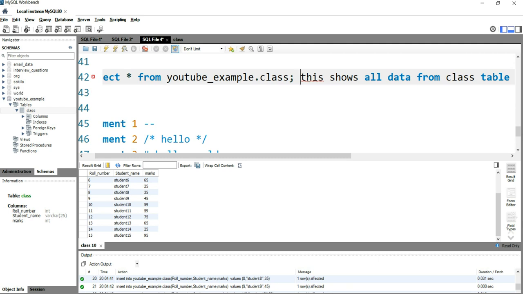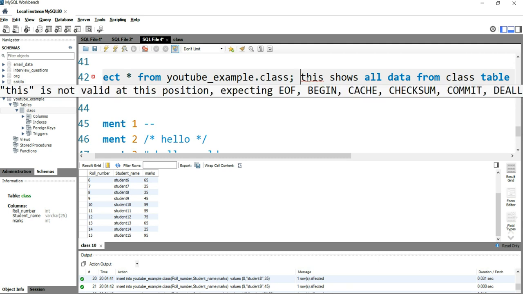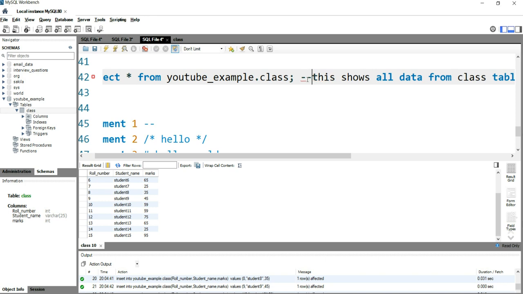So what I can do is use the first way of commenting, that is two hyphens. After inputting two hyphens, I need to give a space to let the SQL know that this is my comment. You should not execute this, or you should not consider this as a SQL query. So the first way was these two hyphens and then a space.